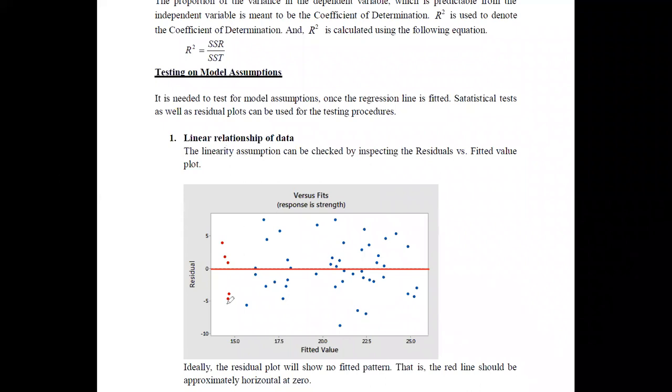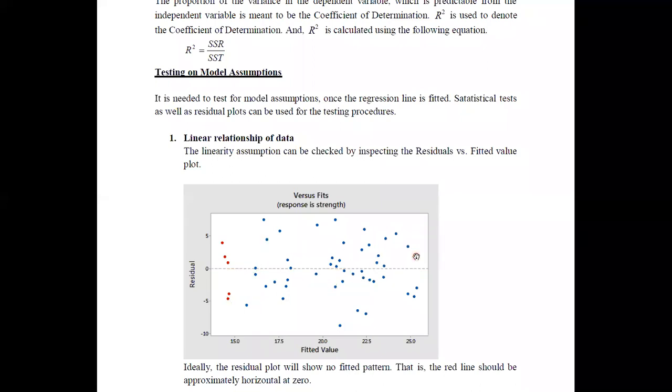not violated. But if you have obtained the data points in this way, now you can see that there is a pattern. In such a situation, you can draw a pattern for this. It is quite a pattern like this. Therefore, you may identify a pattern in here, and you can say that the linearity assumption is violated in this situation.